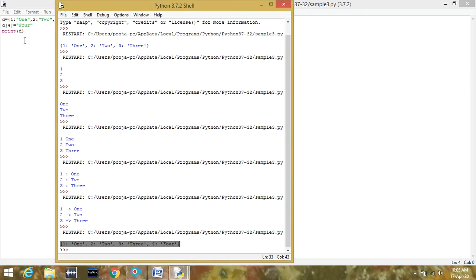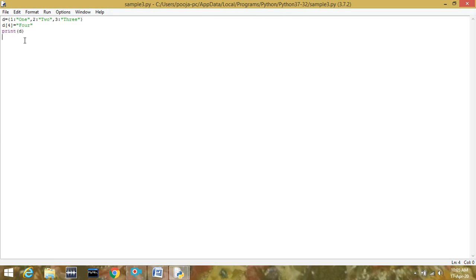Yes? Okay. Now, as I told you, that key should be unique. It should not be there in the dictionary. But what if you are trying to add an element with the key which is already there in the dictionary? I'll write 3 here. You can see in our dictionary 3 is already there. That key is present in our dictionary.